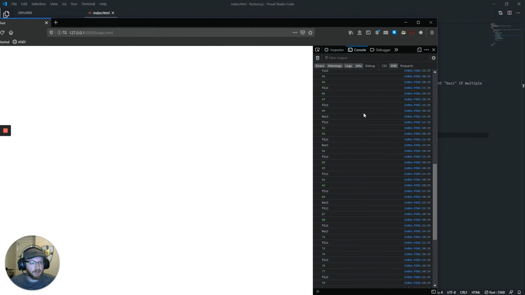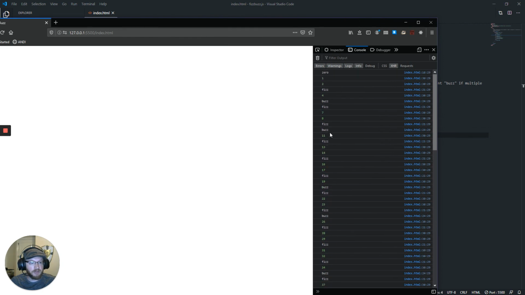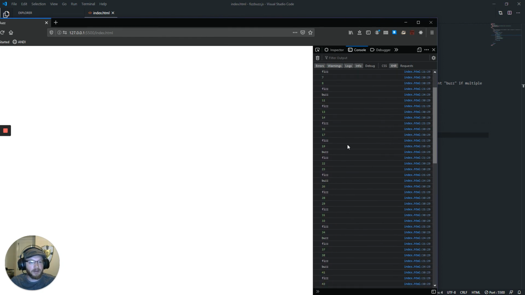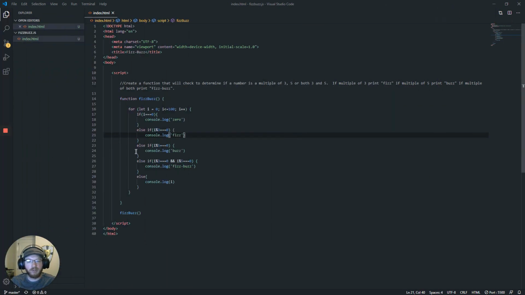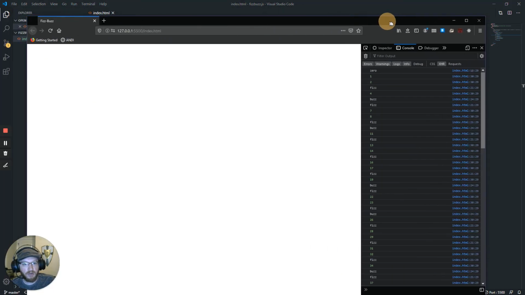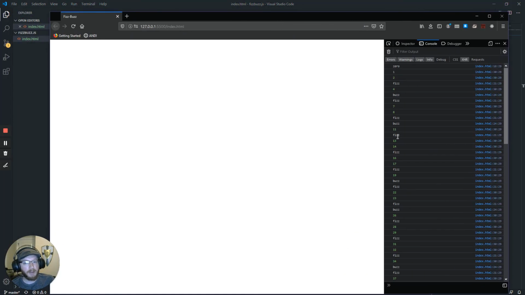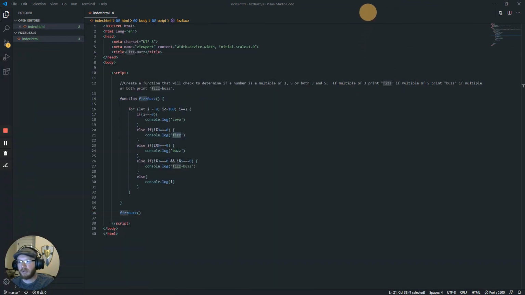And if we run that, as you can tell, we're not seeing Fizz Buzz anywhere. And again, that's because the way JavaScript reads its code is from the top down. So what's happening is when it hits this first condition and it's being met, it's just going to Fizz, and it's saying, okay, cool, you are a multiple of 3. I'm not even going to bother to look at anything else because you met this condition. I'm going to go ahead and console log Fizz, and then we're just going to go back to the loop again, right? So to fix that, since we want the 15 to actually say Fizz Buzz and not just Fizz,